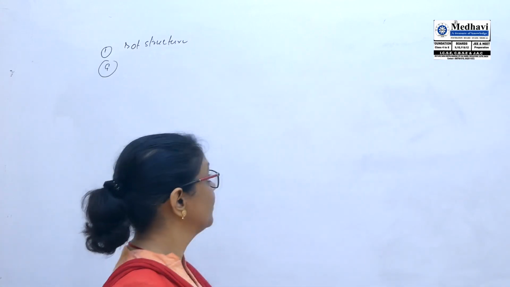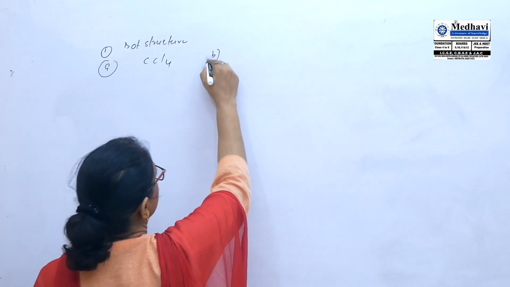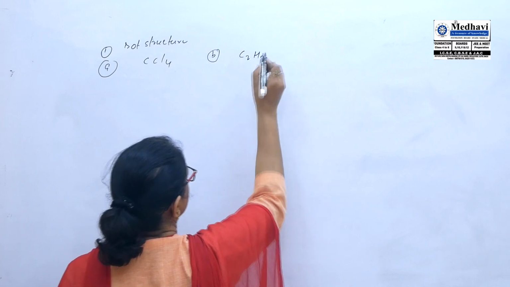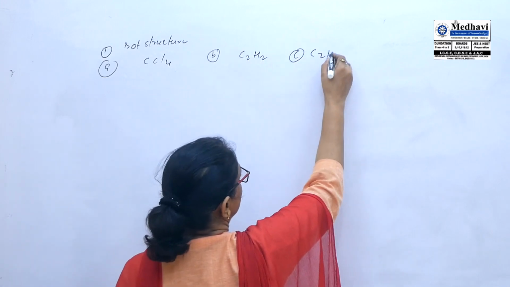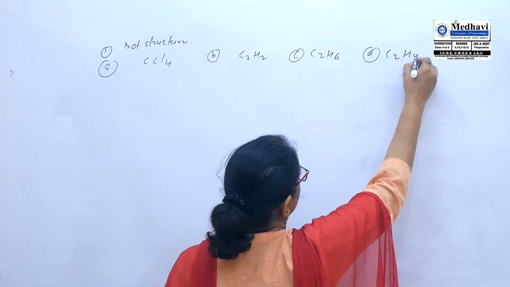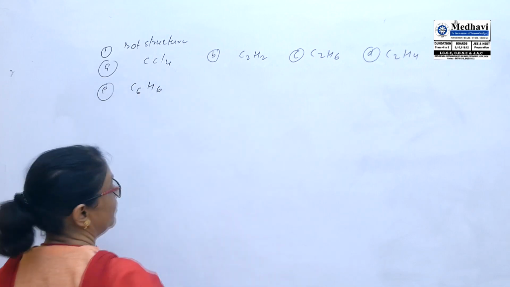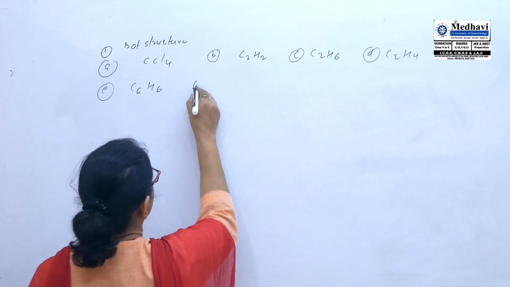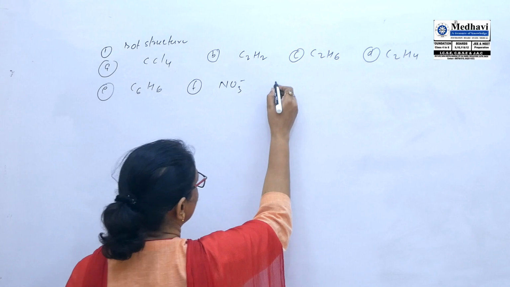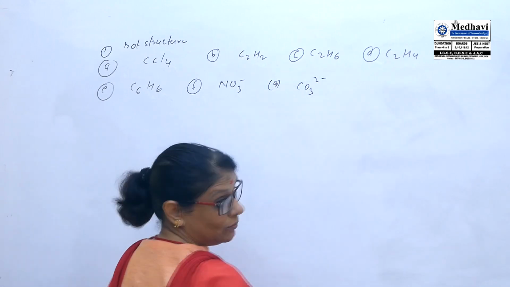So today I am going to explain CCl4, carbon tetrachloride, then C2H2 ethyne, C2H6 ethane, C2H4 ethene, C6H6 benzene, then the NO3 minus nitrate ion radical, and CO3 2 minus, that is carbonate,